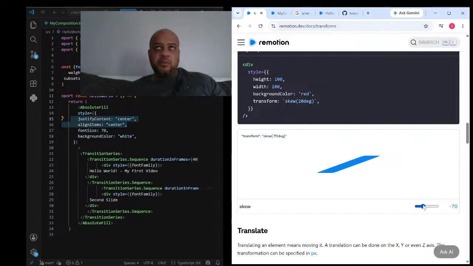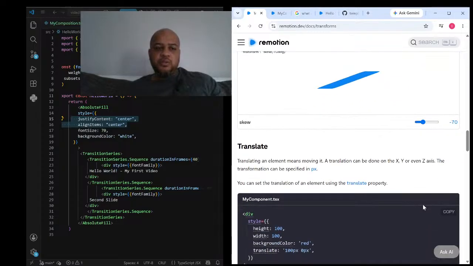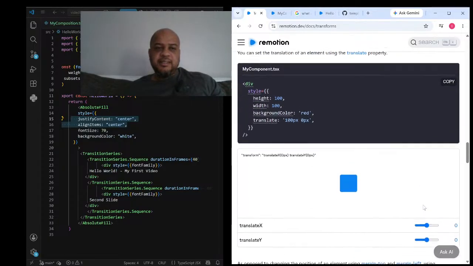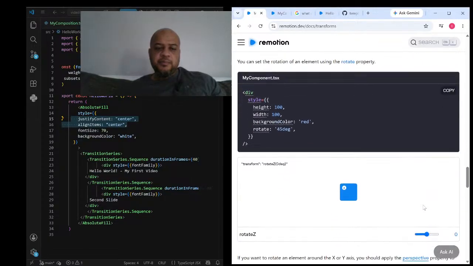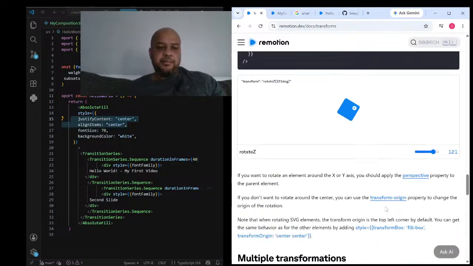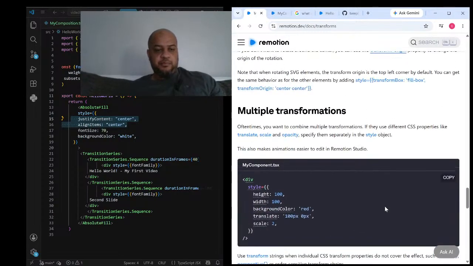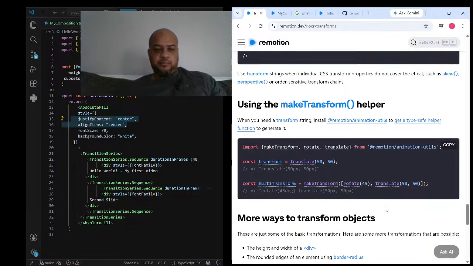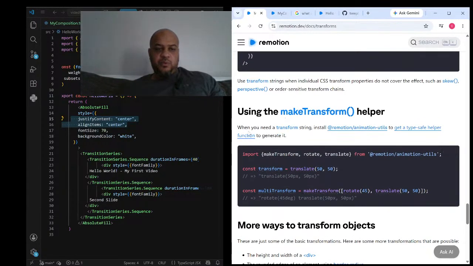Oh, okay. Another way to transform it: translate, rotate. When you need a transform string,